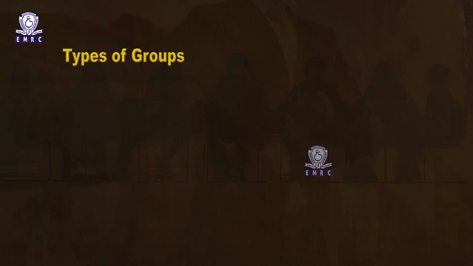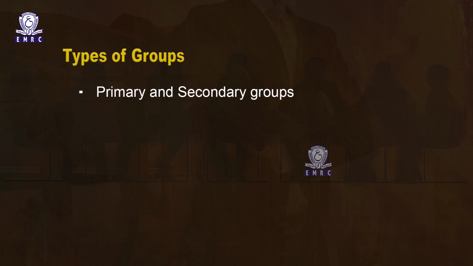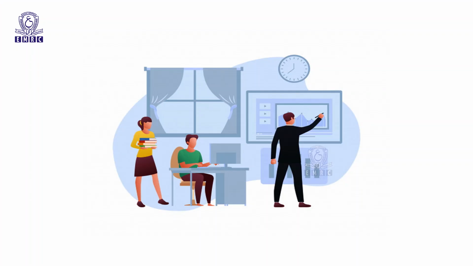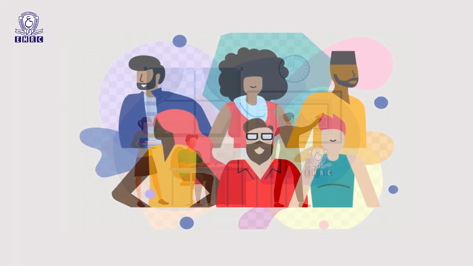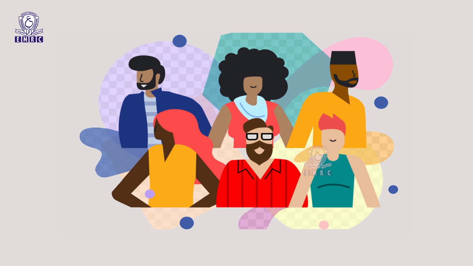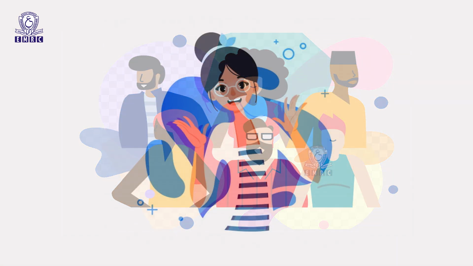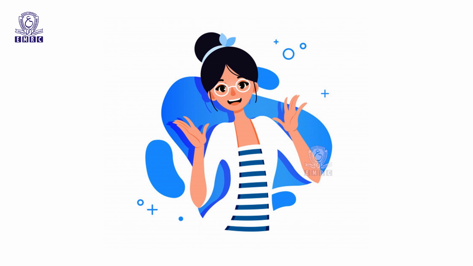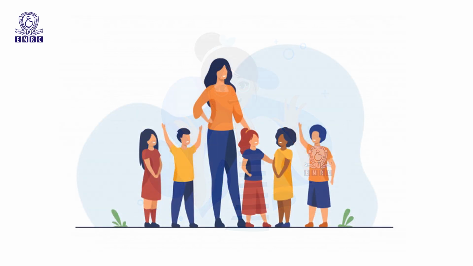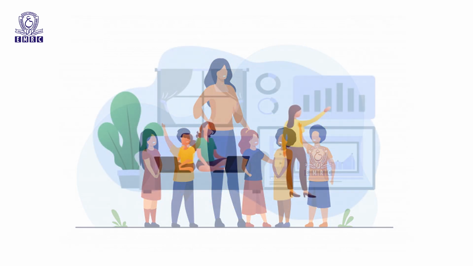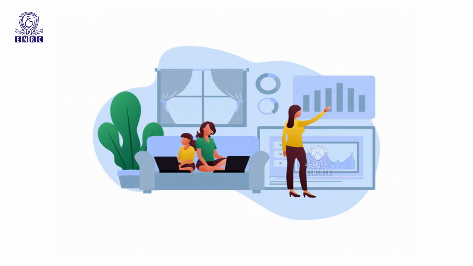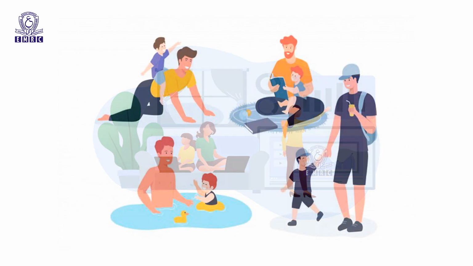The first categorization of groups is primary groups and secondary groups. Primary groups play a prominent role in individual survival and identity in society. Mostly, primary groups are pre-existing in an individual's life; sometimes we can't choose our primary groups. For example, family and religion. Primary groups have a significant impact on the development of our values and ideals.